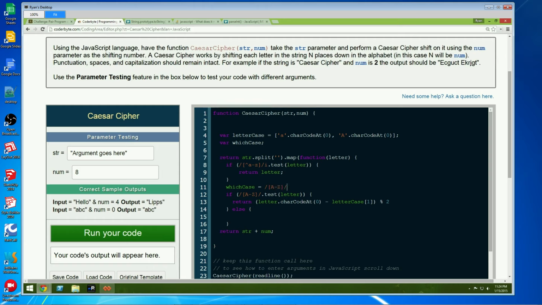Close that out. .test(letter). Then it's uppercase, so it'd be 1, otherwise 0. And now you can get rid of the if else here and just return the